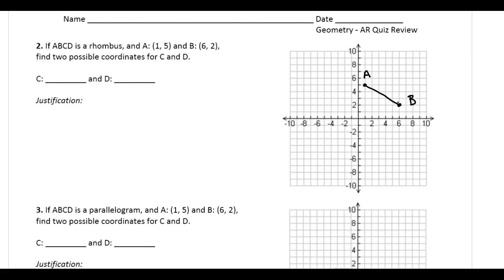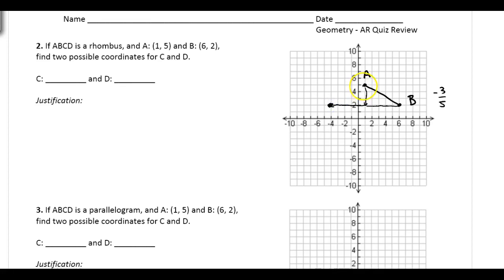Now, we know that the opposite sides of a rhombus are parallel and that all the sides are congruent. So although there are lots of ways to do this, the way that I'm going to solve it is I'm going to figure out the slope of this one. So the slope here is -3, positive 1, 2, 3, 4, 5. So -3, positive 5. So now if I go -3, -5, 1, 2, 3, 4, 5, I should locate another